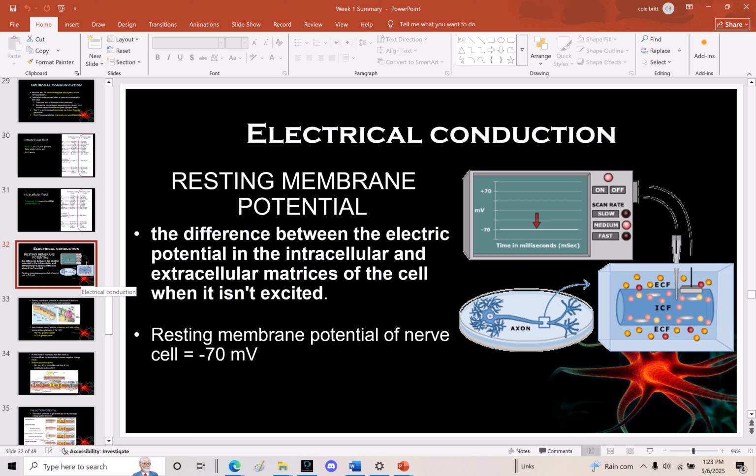On this picture, you've got an electrode that is going into the cell, and you have an electrode that is remaining outside of the cell, and you're measuring the difference. Okay. Now,